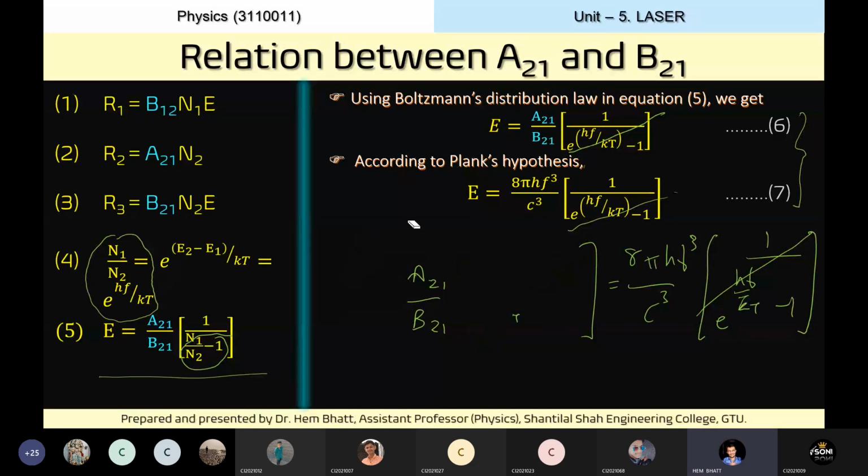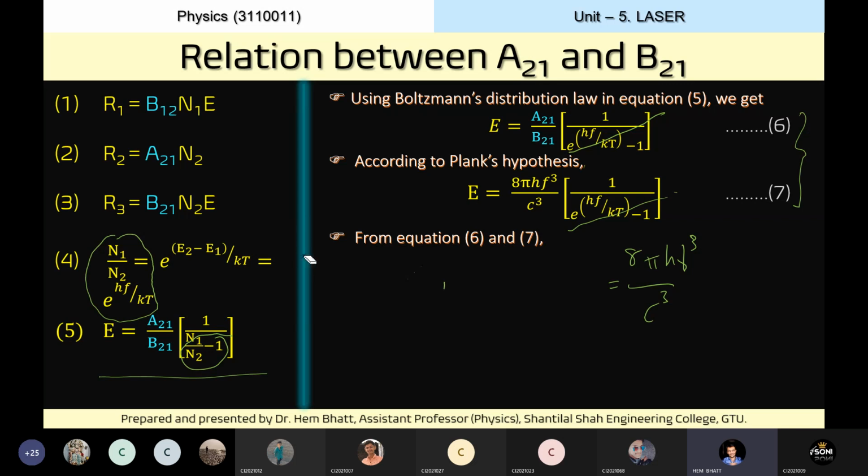What you will be left with? You will have a21 by b21 is equal to 8 pi hf cube by c cube. આટલું સમજાય છે? હા સર. ઓકે,